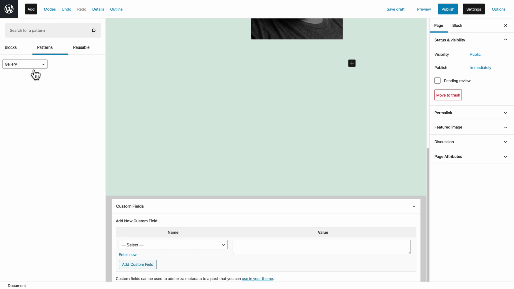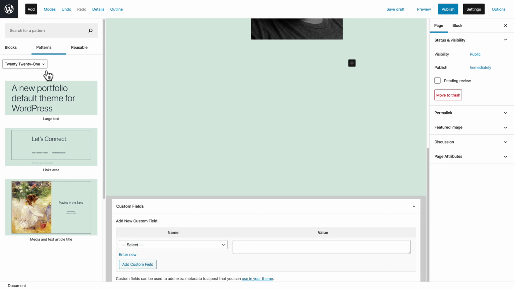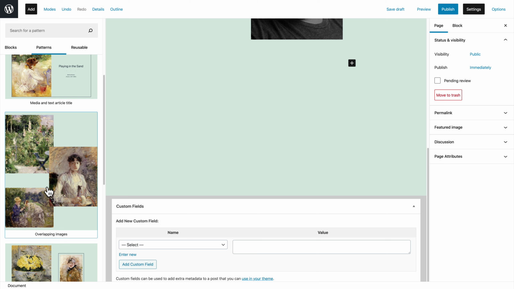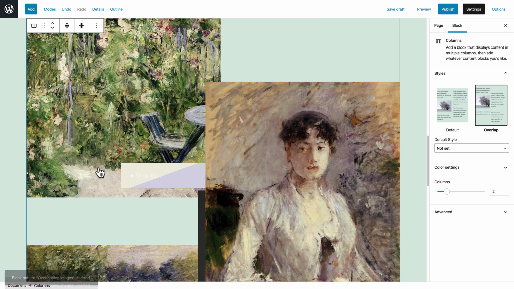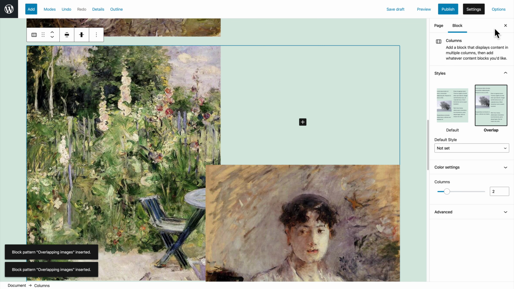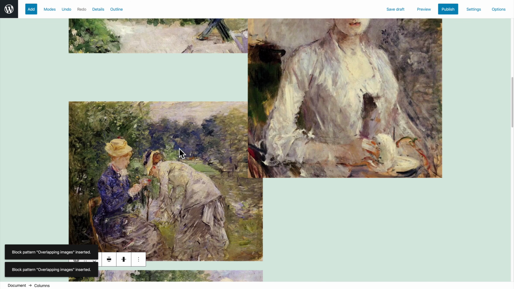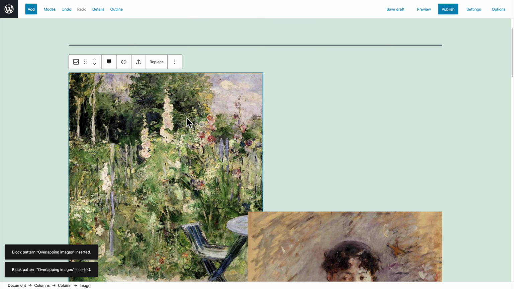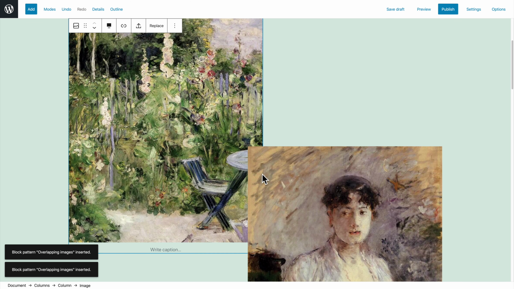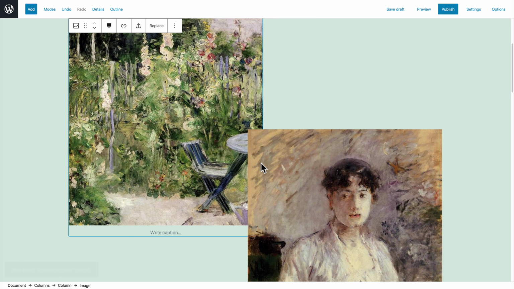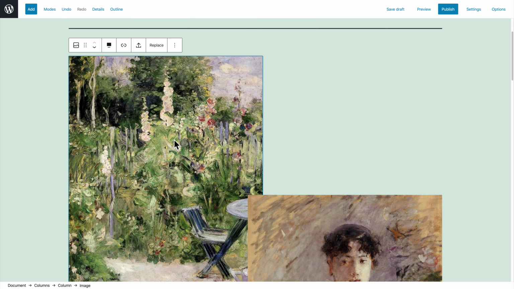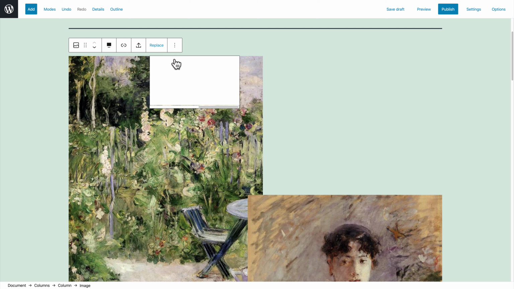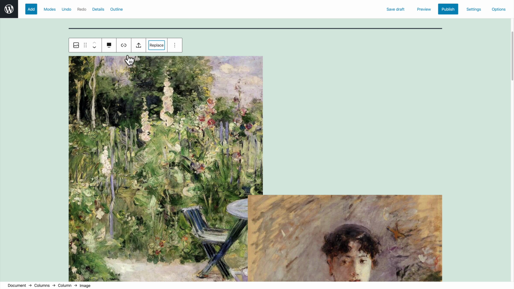Again, I'm just going to pick one of the block patterns from 2021, overlapping images. I'll click that and it gets added here. So we'll make some room. I guess I clicked it twice. This is nice. We have these overlapping images, right? These are styled by 2021 and defined by 2021. But we don't have to worry about adding any extra CSS. We can just